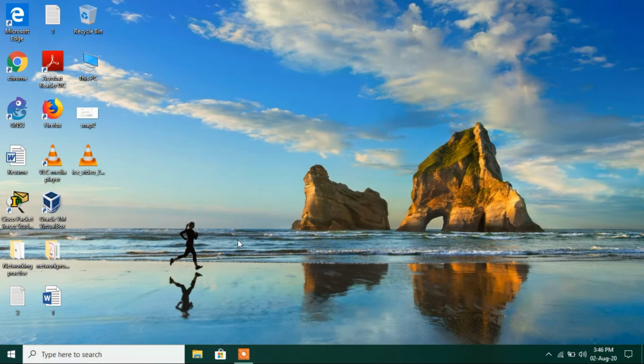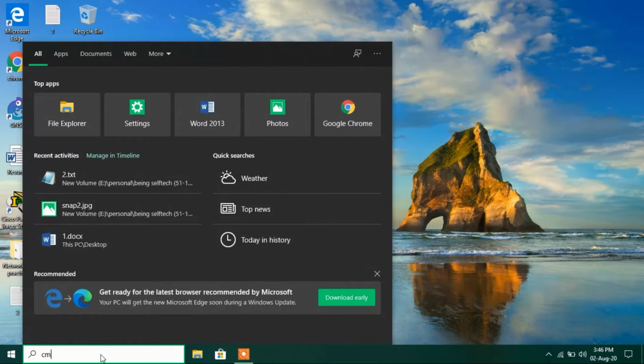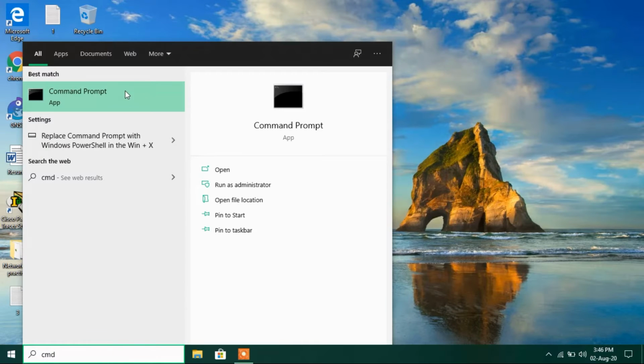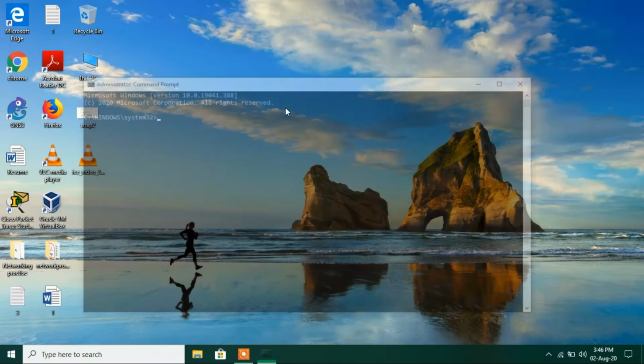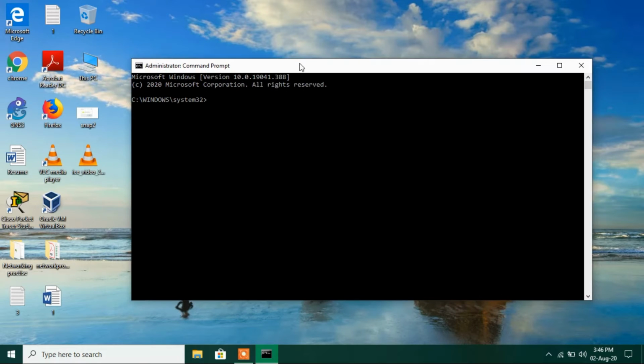If method number 1 didn't work for you, then try out method number 2. Go to the search bar and type CMD. Right click over the search result Command Prompt and click on the option Run as administrator. Click on Yes. Now type the command sfc /scannow and hit enter.